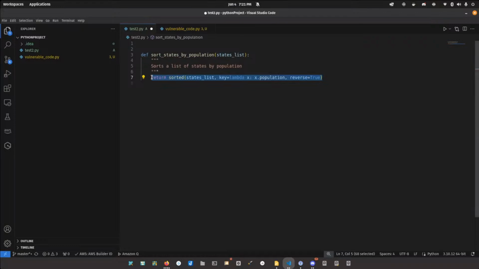So I could say states. I'm going to create an array of states, for example, and let's see if it's going to help me out here. States. And let's just do California.